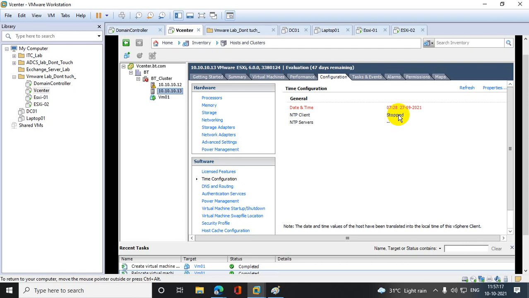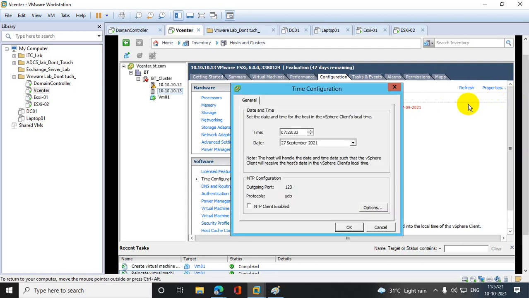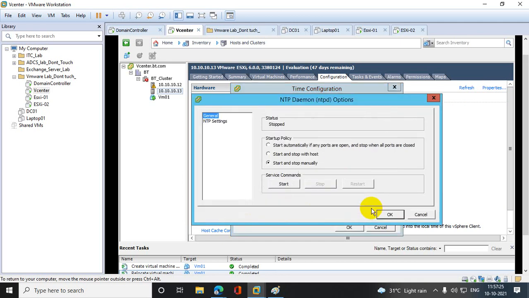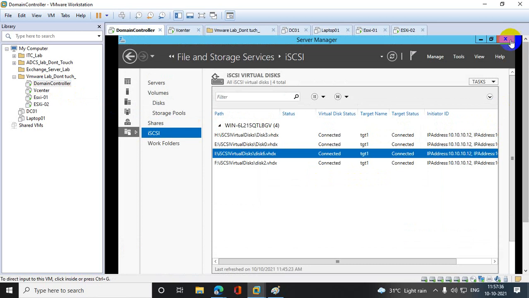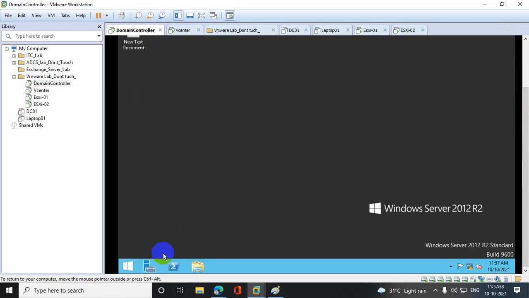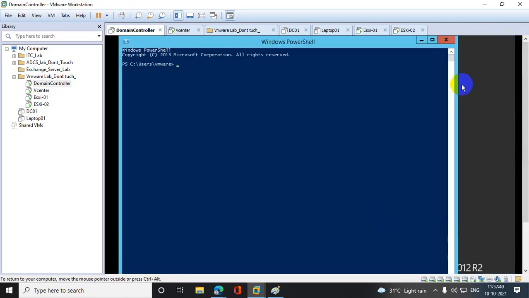For that, go to properties and click on NTP client enabled. Go to the NTP settings and add your NTP server address, which means your domain controller IP address. What is the domain controller IP address? ipconfig.